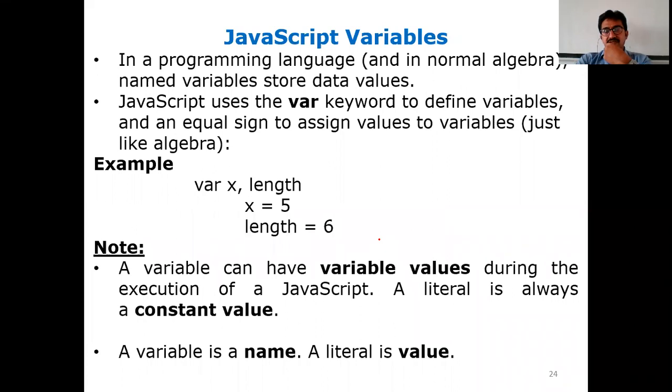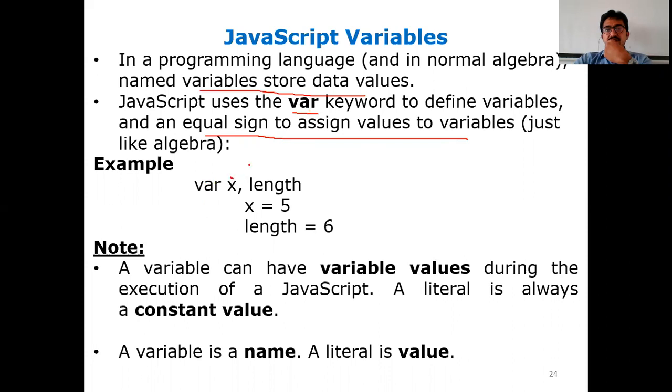Normal basics will start with JavaScript variables. As you are already aware, a variable is nothing but for storing purposes. Variables in JavaScript are also the same, they store data values. So JavaScript normally uses var. In other programming languages such as C, if you want to define a variable, what is the syntax? Data type, space, variable name, semicolon. Now here, for any type of data, we simply use var. Var is a keyword defined for variables in JavaScript, followed by the equal sign to assign values to variables, just like algebra, right?